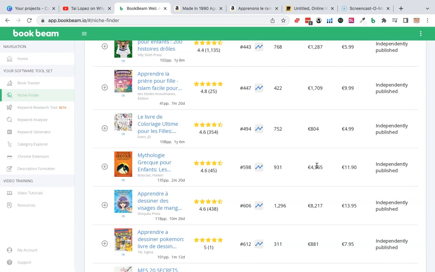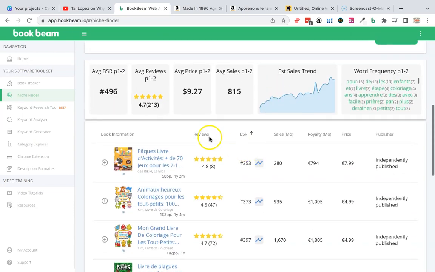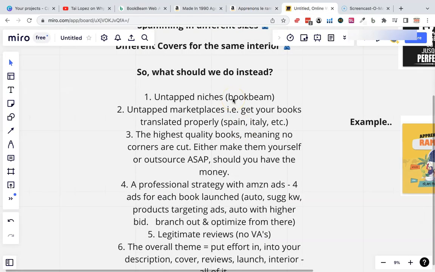This is just a really amazing way to find niches, especially when you use my trick and look for the fewest reviews first. So let's go back onto the bullet point. If you do want a video about BookBeam, just let me know and I can make one for you. Now, another important thing that I wanted to mention to you in this video is also to use